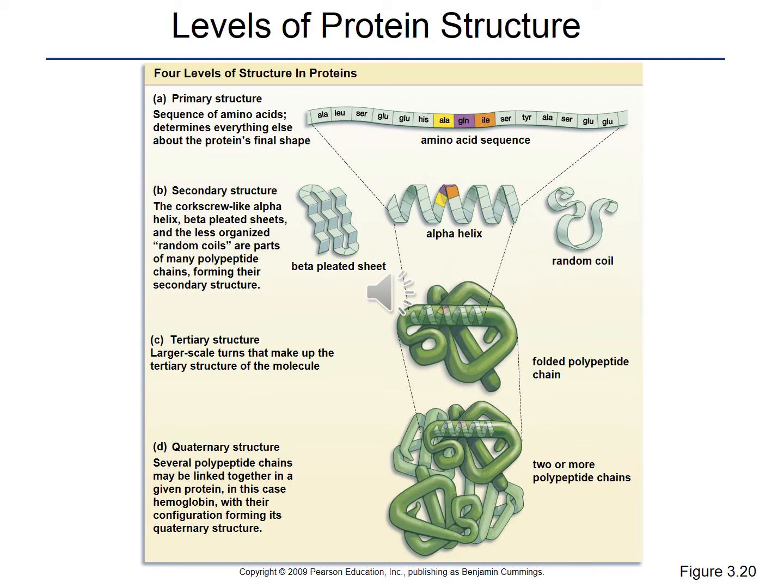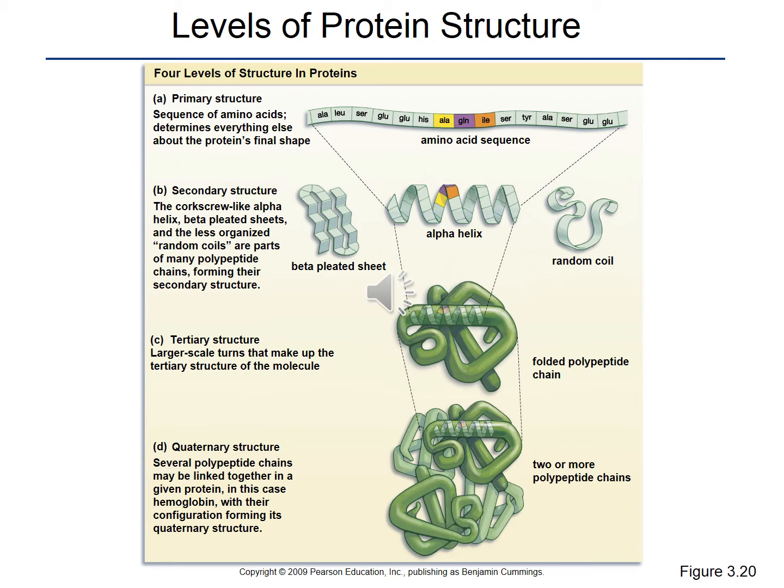So if we look at how this protein is going to end up becoming functional, proteins end up binding and becoming three-dimensionally shaped because of bonding. So from the primary structure, that amino acid sequence, these amino acids will begin to fold onto itself,